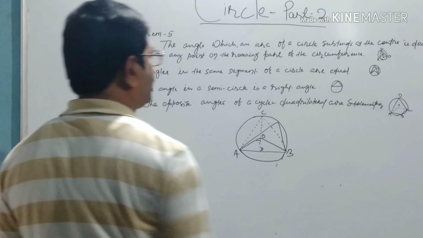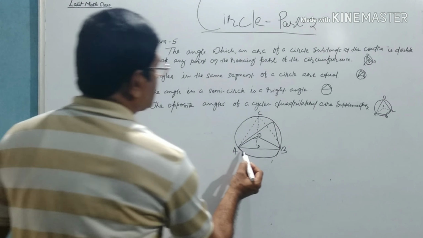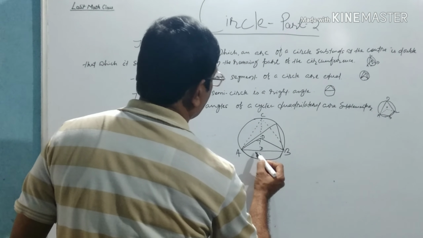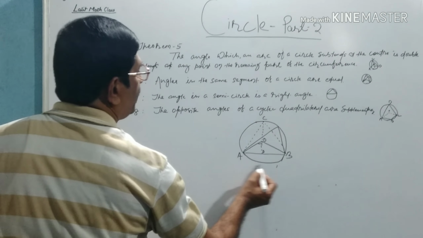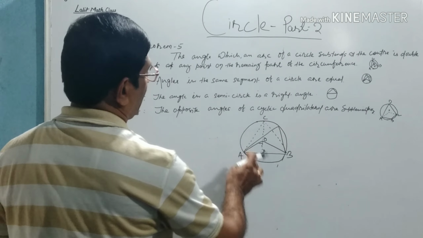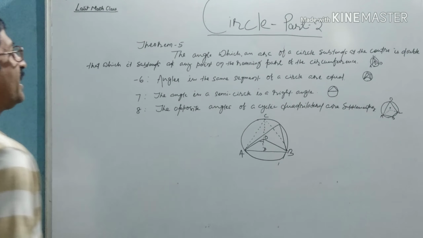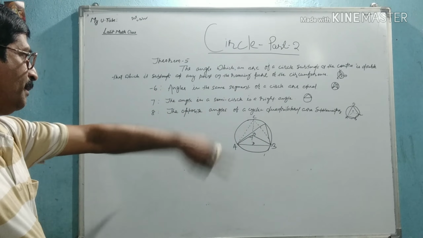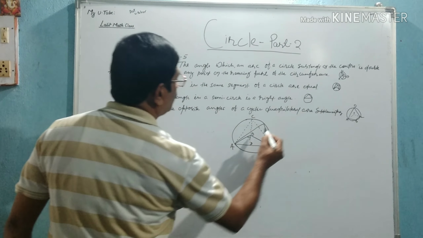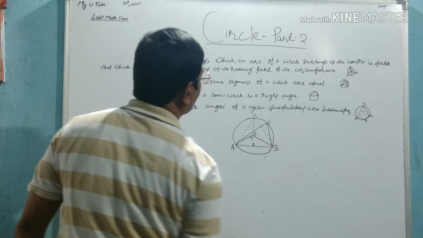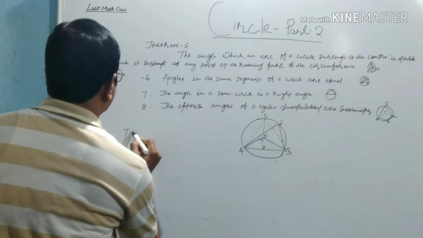Now it becomes a segment. In this picture, AB is a segment, ACB is a segment. AB is your minor segment and ACB is your major segment. And here we have been asked to prove, let you name it F, to be proved